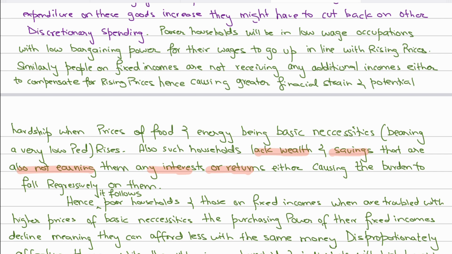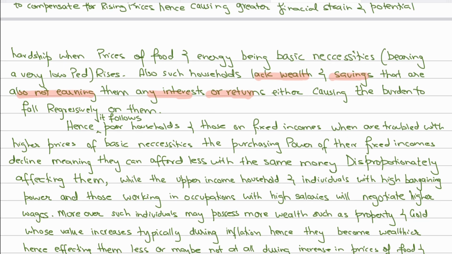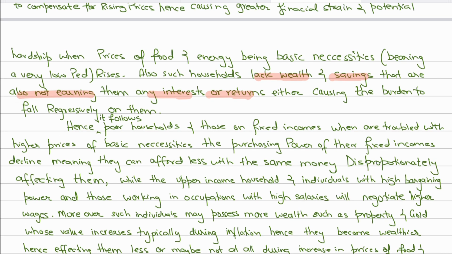And another reason is that they lack savings and wealth. If they had savings in the bank, they would probably be getting more returns from it, and that would be another source of extra income to help them go through these hard times. But they lack that. So what you'll say in the end is that, hence it follows that